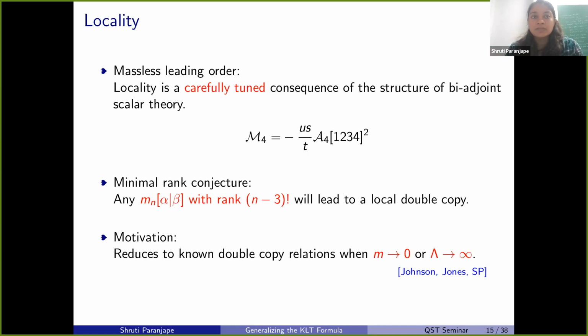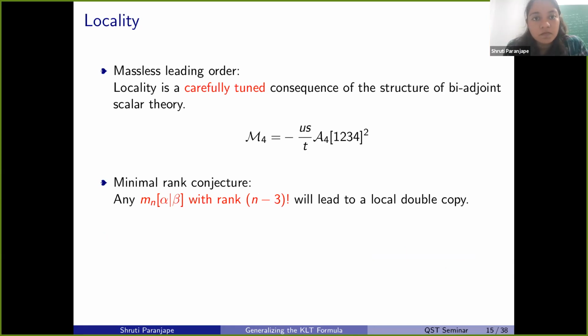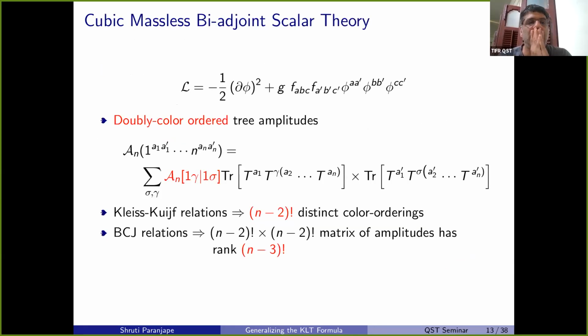So let's see how this plays out when you add masses. Sorry, Shruti. Before you add the masses, you started with some matrix of amplitudes for the biadjoint theory that you already knew in the massless limit, right? Where did that come from? Was that a particular choice of Lagrangian? This Lagrangian over here. Ah, you said that. And why did you choose this particular one? Why not some other Lagrangian? Oh, because of the phi cubed amplitude. This is the only thing you can do at cubic level. Or no? This is not the only thing you can do at cubic level, but it is